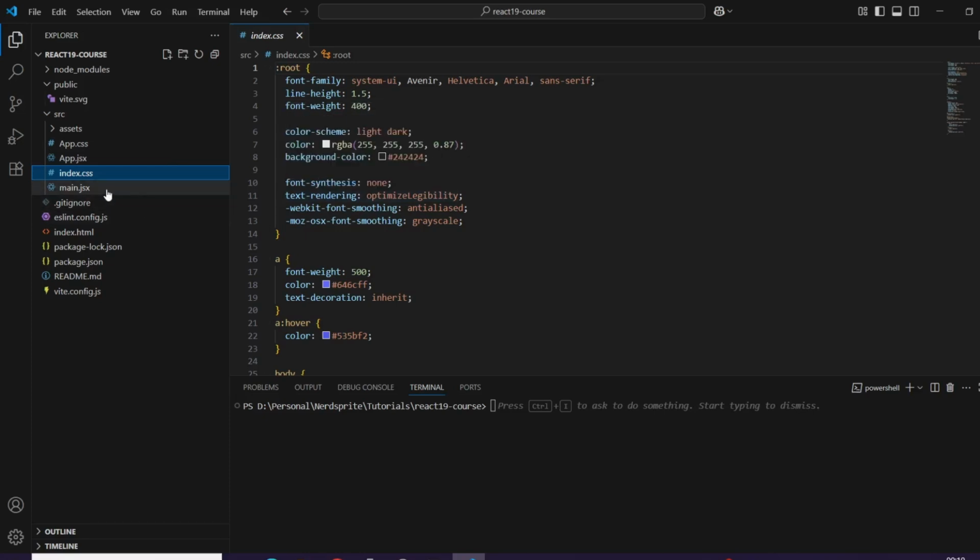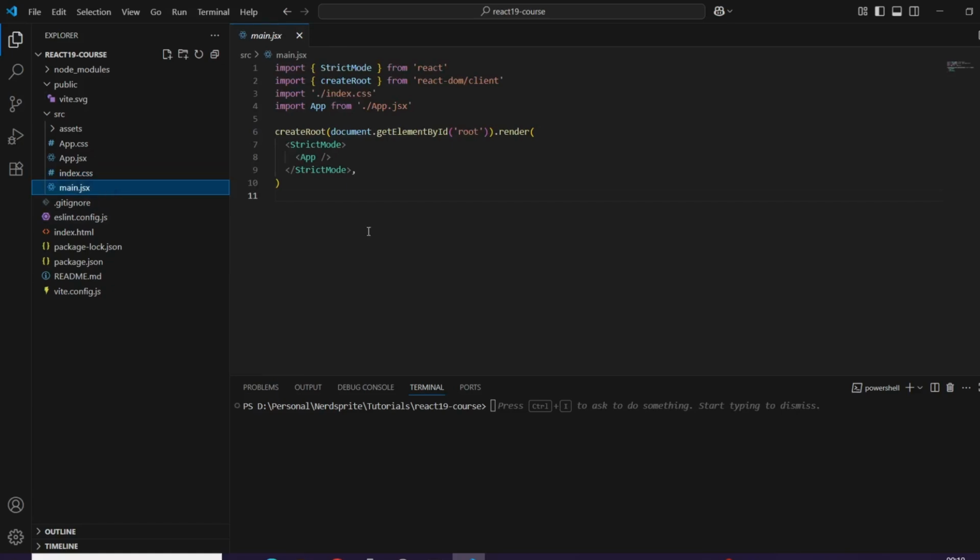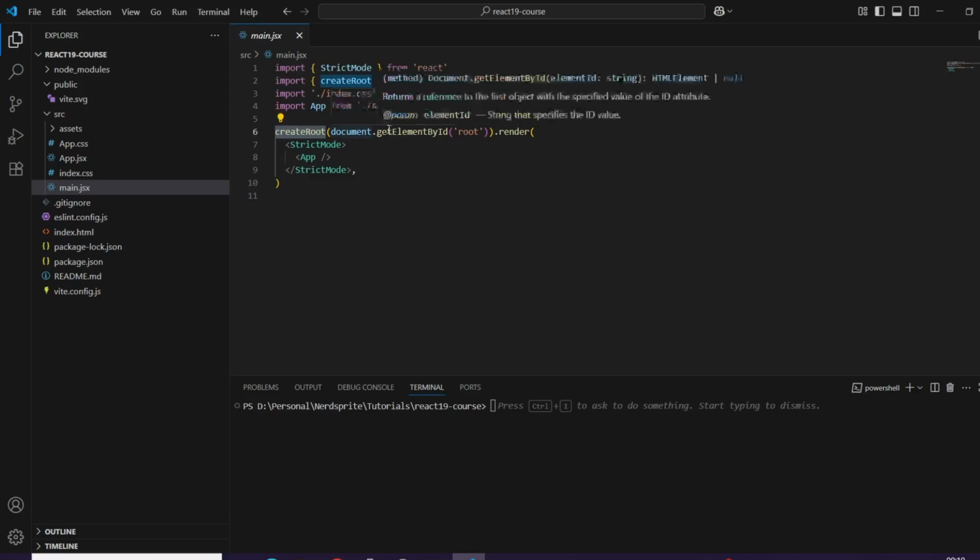Okay. Now come to the main.jsx and let's understand it clearly. Okay. So here we have createRoot. It comes in the new React 18+ API for rendering apps. It tells React, hey, start rendering the app from here. Then we have document.getElementById with root.